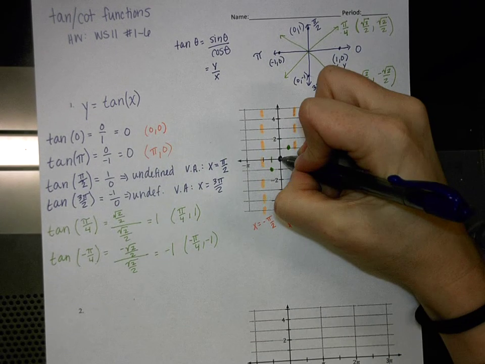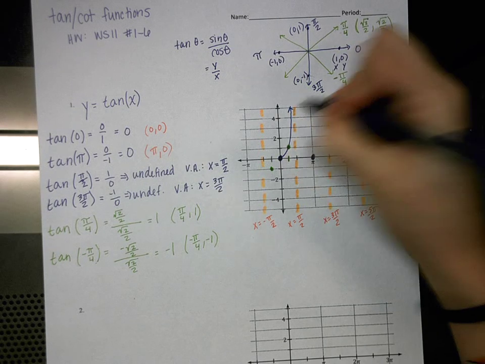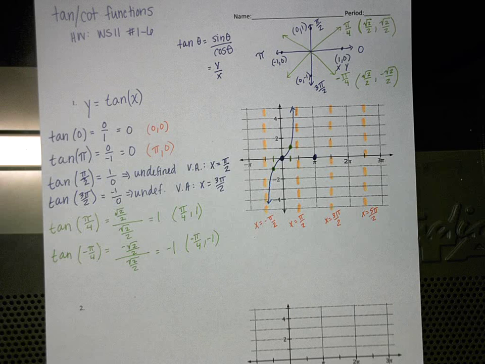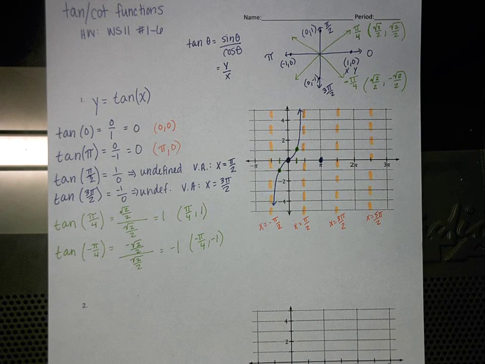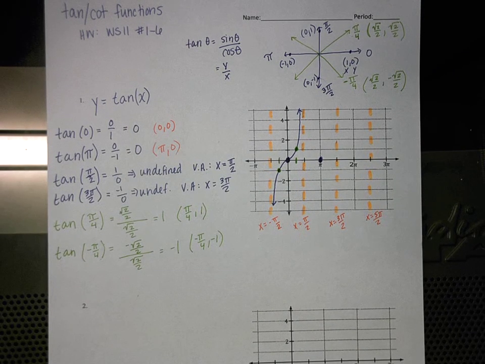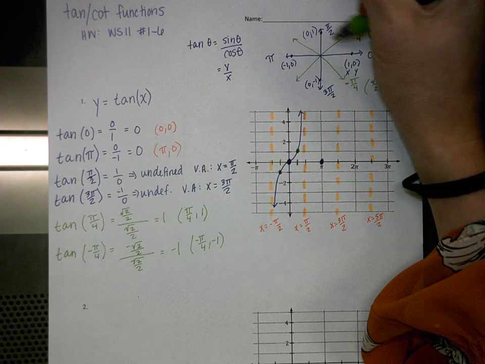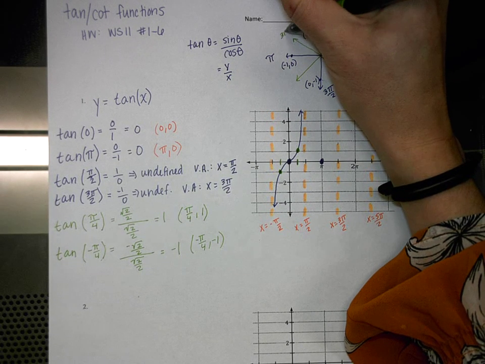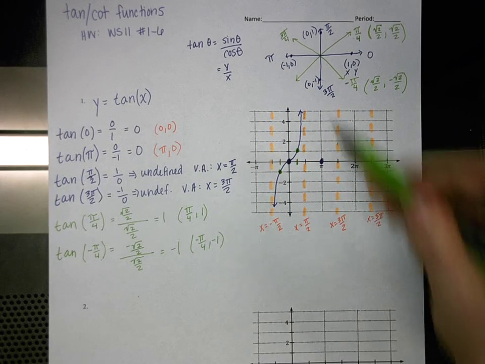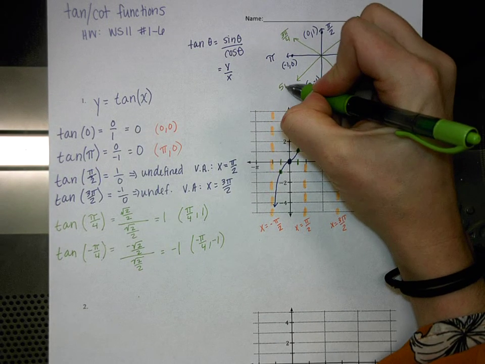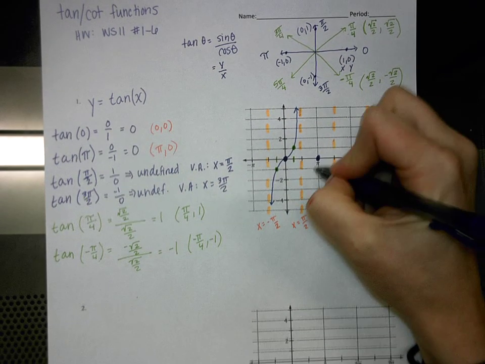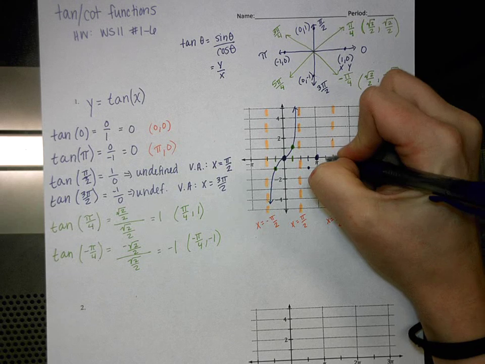So this is going to go up and to the right, gravitate toward that asymptote, down and to the left, and then all of my values are repeated because tangent of 3 pi over 4 is also going to be negative 1. Tangent of 5 pi over 4 is also going to be positive 1. So negative 1, positive 1,